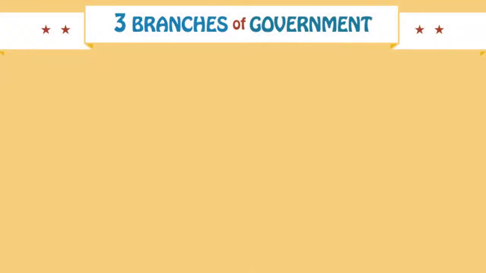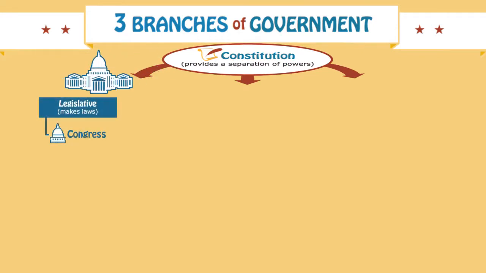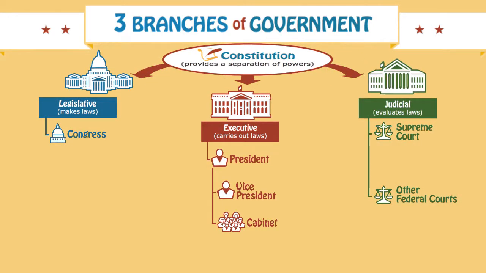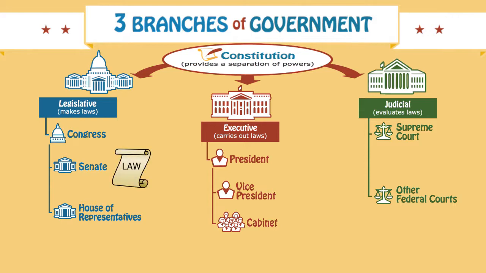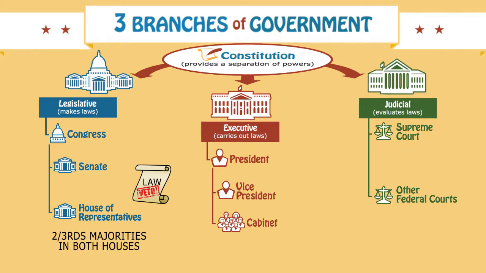They did it, first of all, by separating the government into three branches: legislative, executive, and judicial. Plus, they divided the legislative body into two houses. So, for any law to be passed, it requires the approval of all three branches. First, it must go through both houses of Congress, then signed by the president. If the president vetoes it, it has to be repassed by 2/3 majorities in both houses. That's not all. If the courts deem a law to be unconstitutional, they don't have to enforce it. And not only that, the courts need the cooperation of the executive branch to use force.